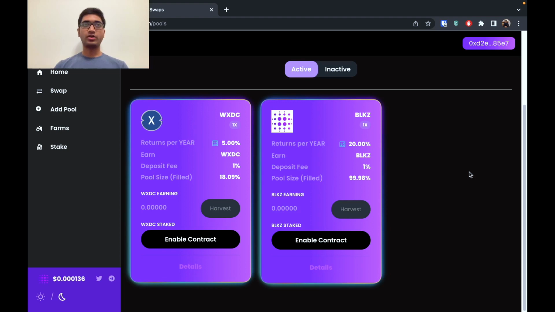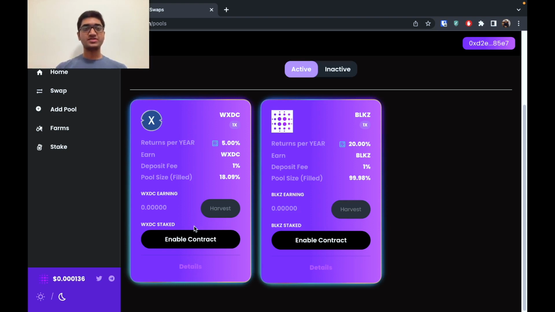So if there are 100 coins and each person has staked 10 coins, and if a block reward of, let's say, 20 coins is created, then each one will receive 2 coins, because that's the proportion in which everybody has invested. So in order to do that, you would follow a similar procedure to the farms, where you would enable the contract, and then the process will take care of itself.